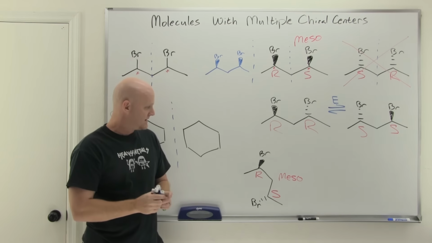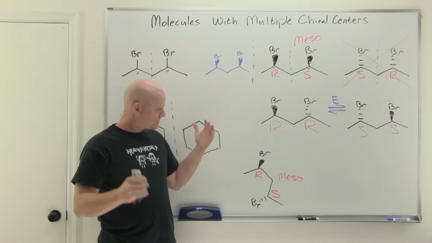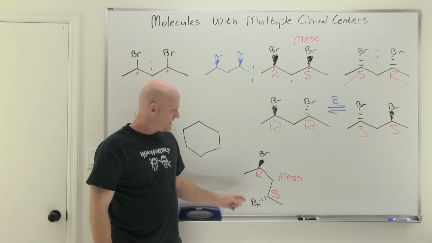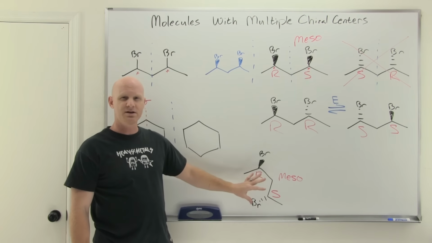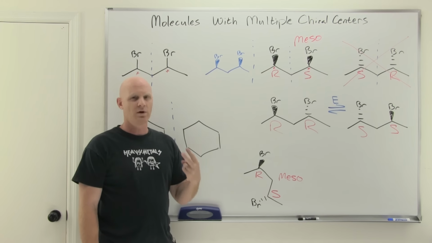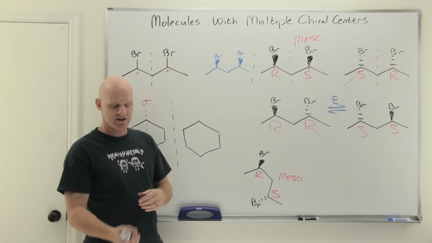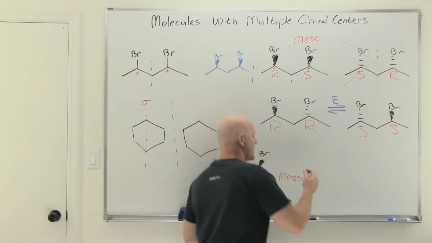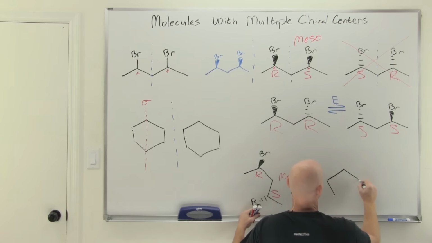Life is good. Cool. So for compounds that are on a straight chain like this, for recognizing them as meso, as long as we're just talking about 2 chiral centers, one's going to have to be R, one's going to have to be S, again, for molecules with a chance of symmetry. Now, if you've got a molecule that is a ring, so let's say I gave you something like this,